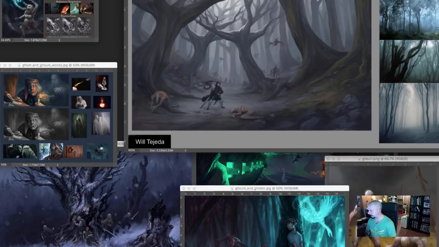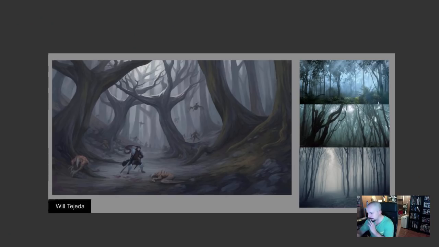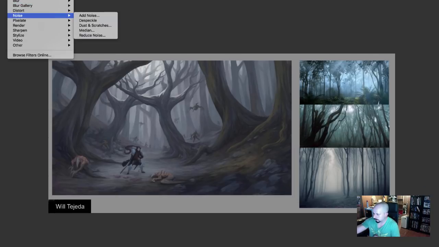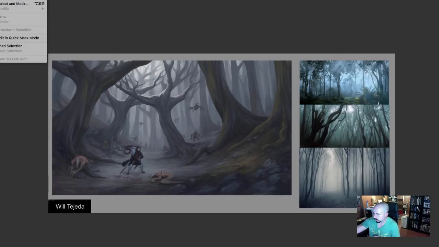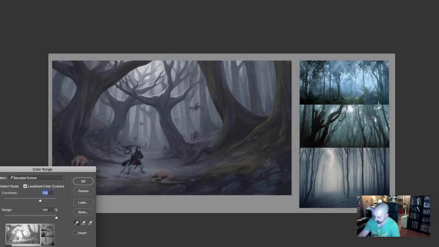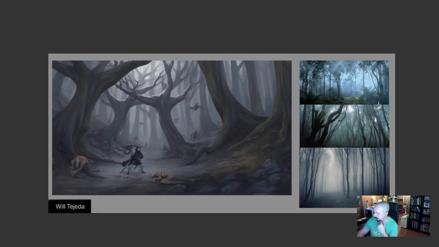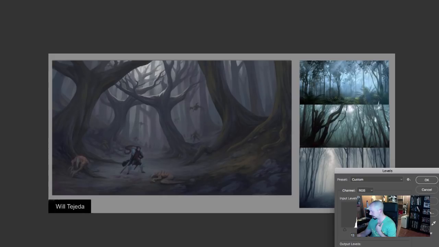This one, fairly similar. I love it. You have a fantastic reference. I don't have too much in the way of that, but I'd almost say you're revealing too much. And I think if you darkened a lot of this, you could really play that up well. So if I go and grab all these back here, basically I'm going to convert that gray to more atmosphere and get a little bit more color in it. I think that would serve that extremely well.